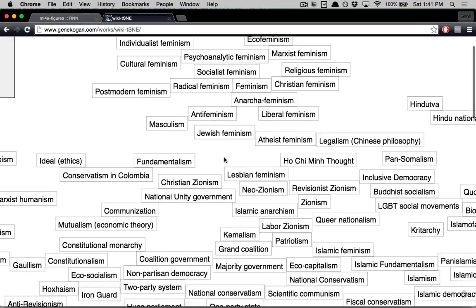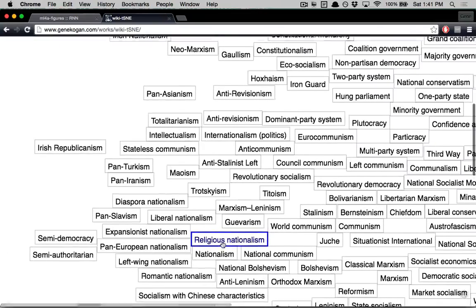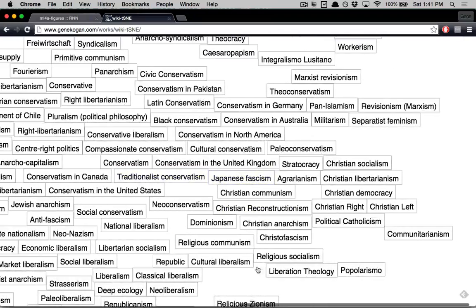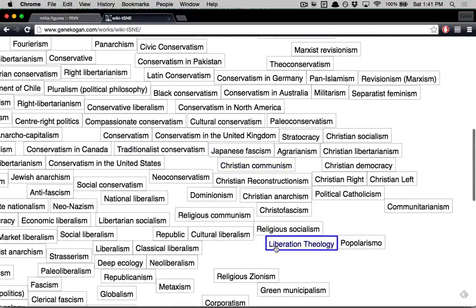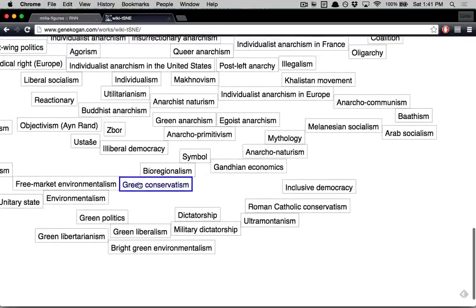vectors. So for example, this cluster right here is a bunch of feminism articles, so postmodern and radical feminism and anarcho-feminism. The anti-feminism and masculism appear right next to each other, which I thought was kind of funny. I think there's a Marxist cluster here somewhere. Nationalism. Oh, there's Marxism. Yeah, there's a Marxist cluster somewhere here. So yeah, and there's fascism, some Christian stuff here, Zionism, there's an anarchist cluster here. Yeah, here's a bunch of anarchism. So this is pretty neat.